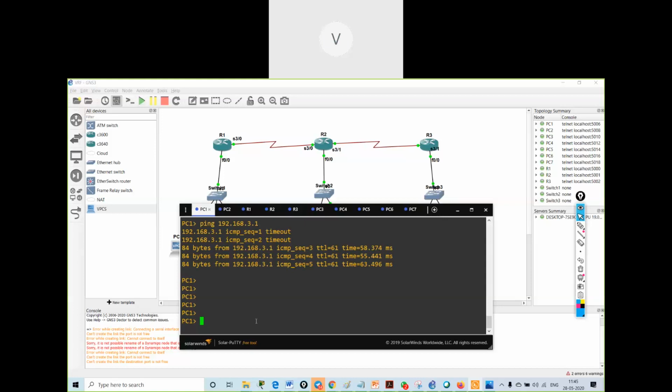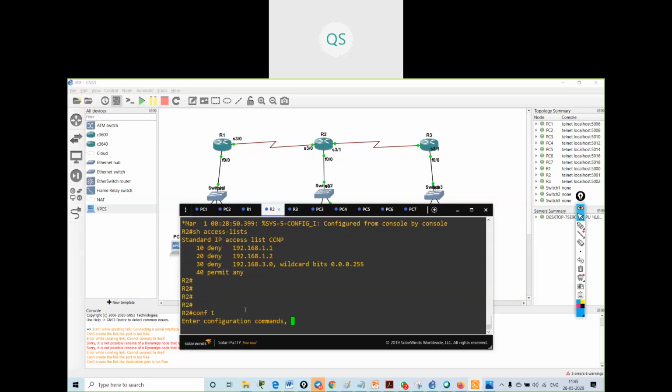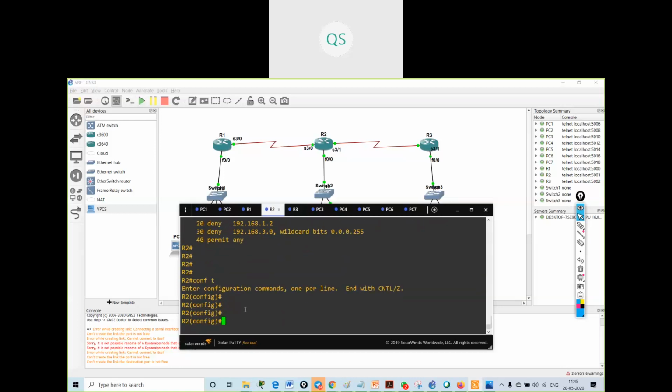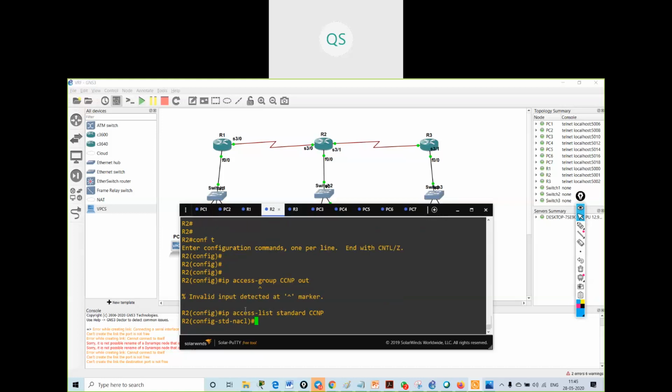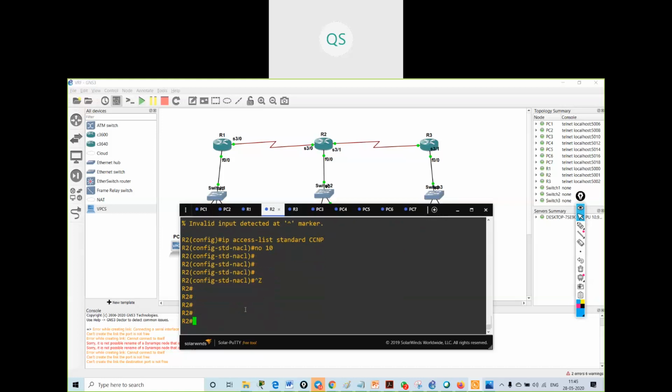Okay. So what we can do over here, I can go on R2. I have this access list. I will say no 10. Show access-list.